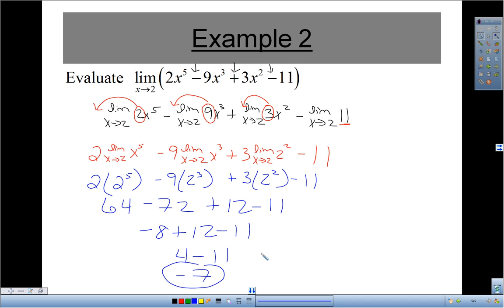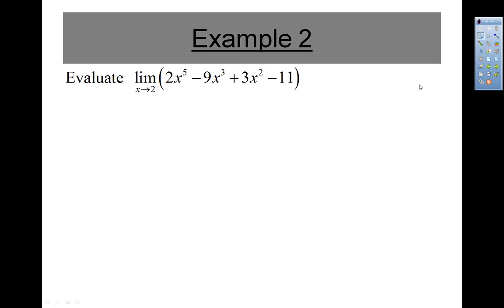And what's ironic is that if you would have simply plugged in 2 to begin with into that polynomial, you would also get negative 7. And so the reason why direct substitution works is because of those properties of limits. So just to show you again,